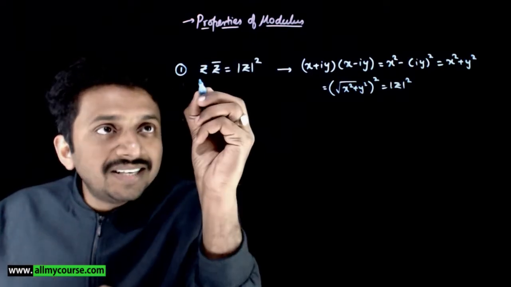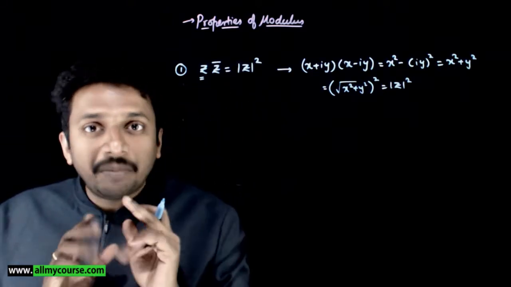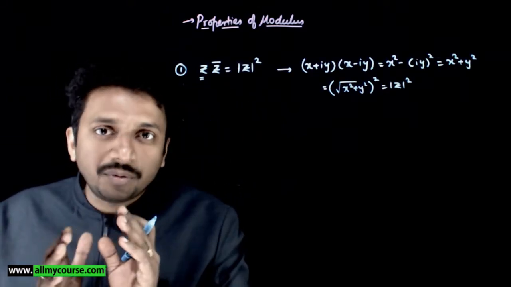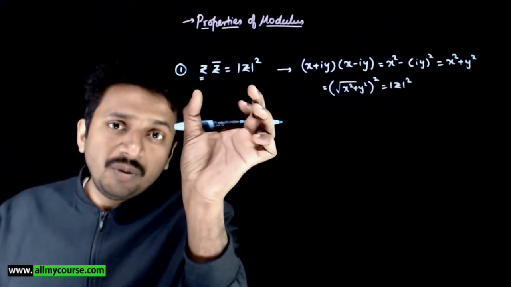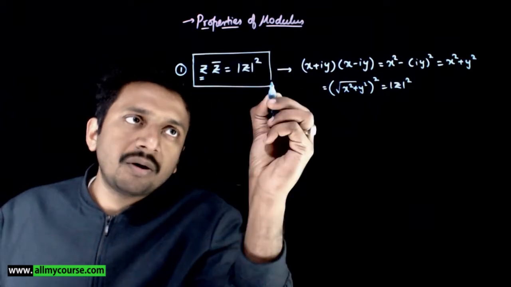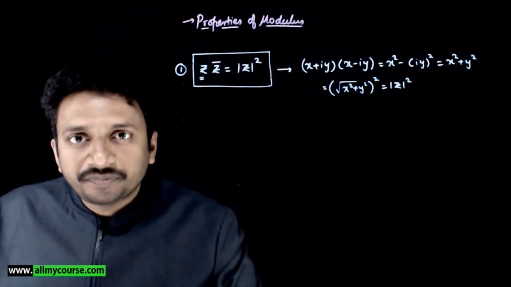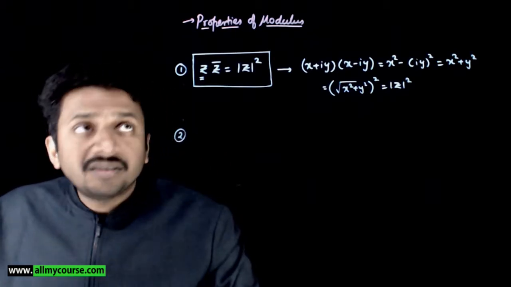So it doesn't need to be z here. Any complex number multiplied by its conjugate gives you its magnitude square. This property will be useful whenever you need to calculate the moduluses of complex numbers. So the next property is